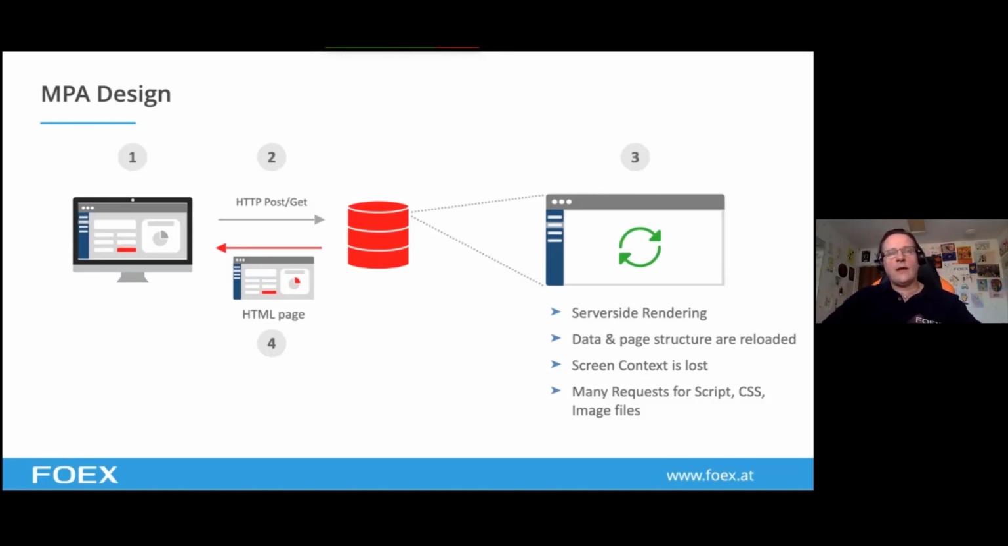So when you have to make changes, and if you've got a form on there where you want to save some data, you're going to submit that page by another POST request. It's then going to hit the database, and then it's going to regenerate the HTML to send back to you to repaint the screen. So what happens in this particular process is we lose the context of where we are,